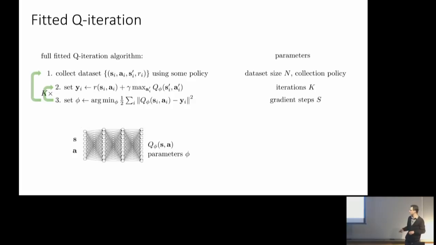Right. So the question is, after you've done all this hard work in steps 2 and 3, and you go back to step 1, do you need to extract a policy from your latest Q function? The answer is it's a choice. So that's basically this choice, the choice of the collection policy. Very, very often, in fact almost always for fitted Q iteration algorithms, the collection policy depends on the Q that you're learning. I mean, if it didn't, then you could just do step 1 once and collect all your data. Usually it depends on the Q that you're learning, but how it depends on that Q is actually a very delicate choice. And we'll discuss a few options for that choice. We'll discuss some options today, and we'll actually discuss many more options when we talk about exploration towards the end of the course.